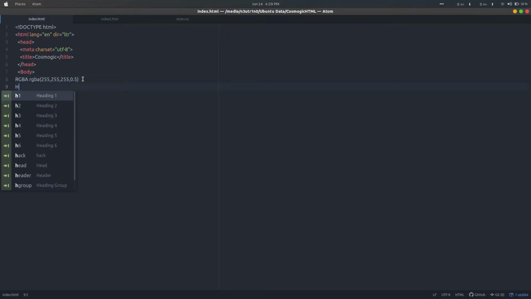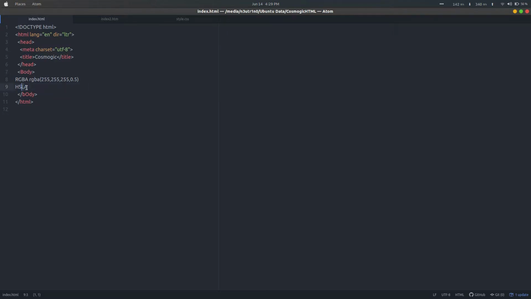Now the second one is HSLA. What does it mean? HSLA means hue, saturation and light. Light means luminosity, or the amount of light in the color. It has the same kind of values: hue goes up to 360, saturation has 100%, and luminosity also has 100%.